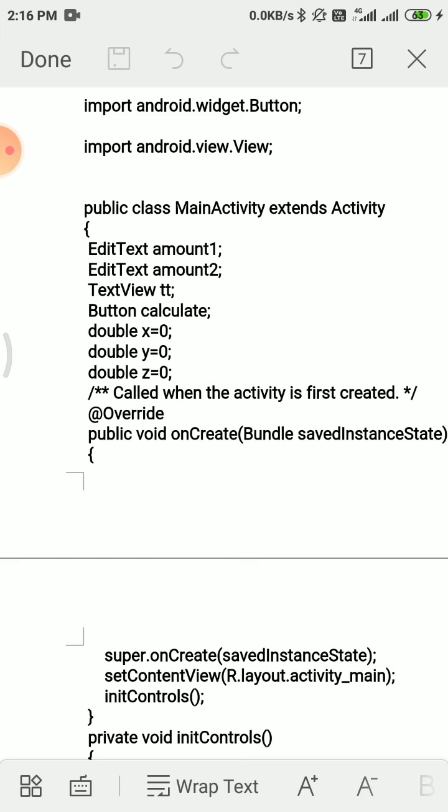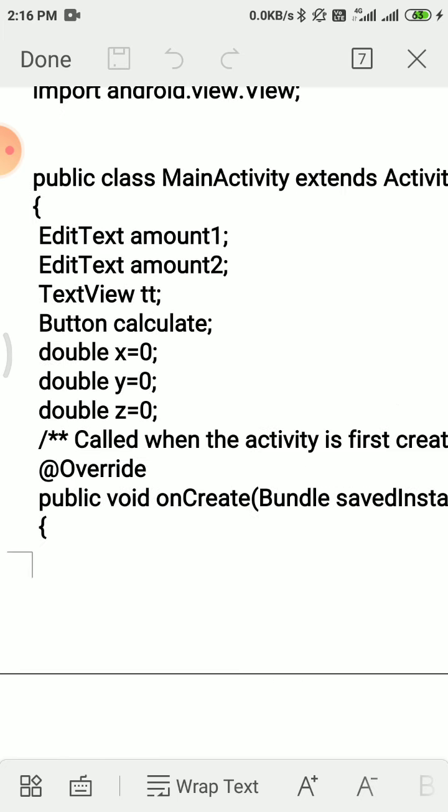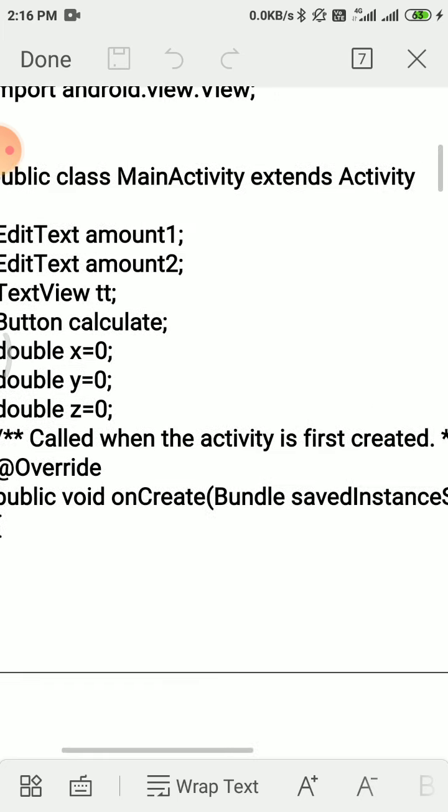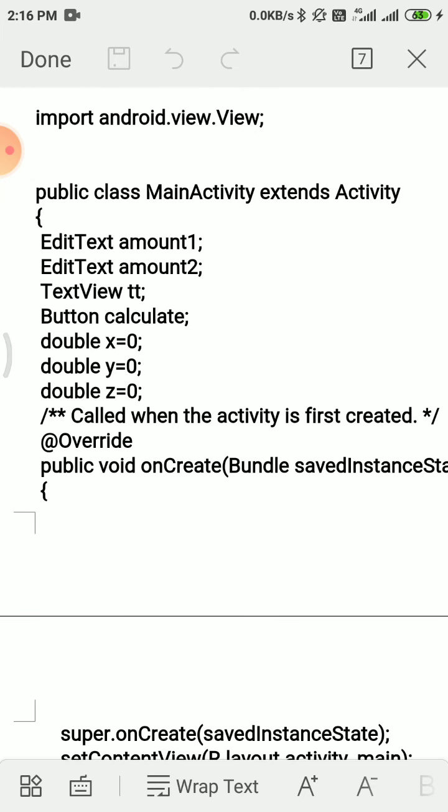Next, we will see the method public class MainActivity extends Activity. As we know, extends is the keyword normally used for inheriting the properties of the main class Activity into the MainActivity class.